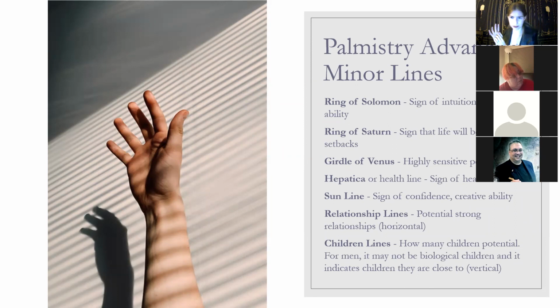A Ring of Saturn, underneath your Saturn finger, is a sign that life will be full of setbacks. You would never tell someone this, but you might acknowledge that people are having a difficult time. This might be a good opportunity for you to let them tell you about things, to sort of